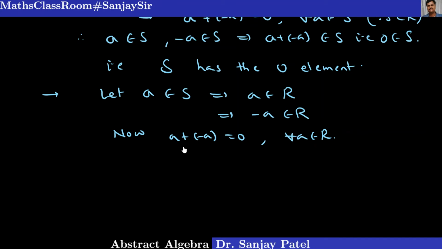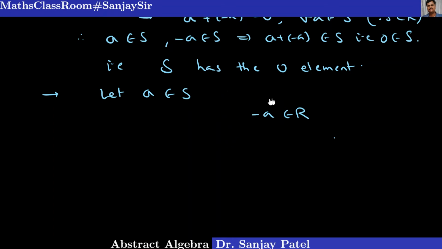What I should prove here is this way. Instead of this condition, let me, here A belongs to S, so A belongs to R, and minus A belongs to R. Okay, that is fine. But since 0 belongs to S, let me take this way. Let me change this. That A belongs to the set S is given. Let A be any element.